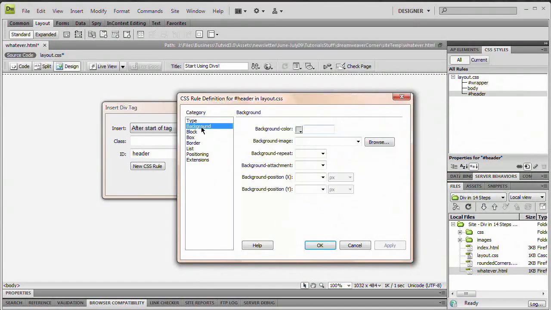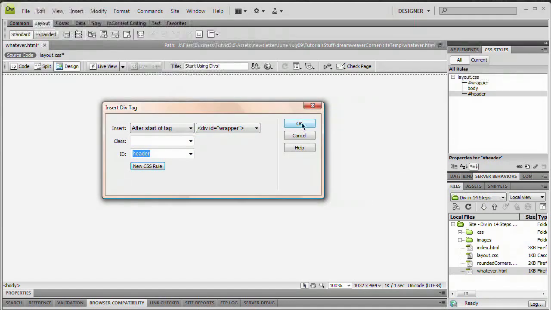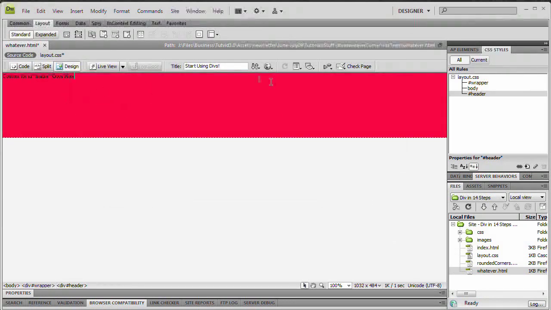What we're going to do is give this a background color, and I want to use this sort of pinkish red, and that would be F90643. It's a nice sort of pinkish red color. And a box. Width is going to be 100%, which actually we really don't even have to specify, but I'm going to anyway, 100%. And the height, we want it to be about 150 pixels tall, so just 150, great. I'm going to hit apply, and you can see nothing happens because we haven't even placed the div. Hit OK. Now when we hit OK, we're going to get this solid mass of red with some text that says, hey, content for ID header goes here. I can actually delete that,